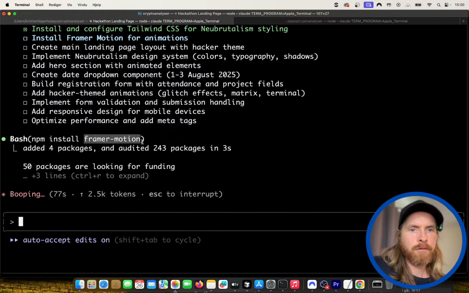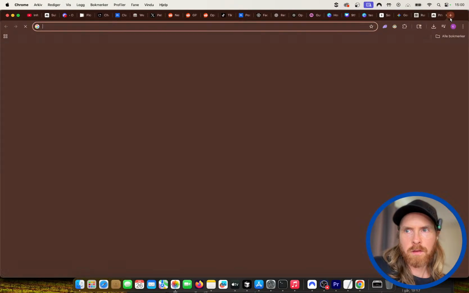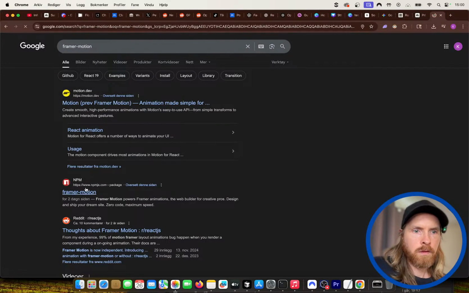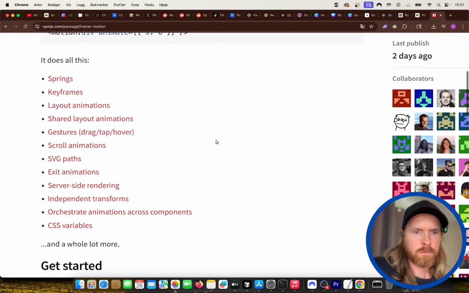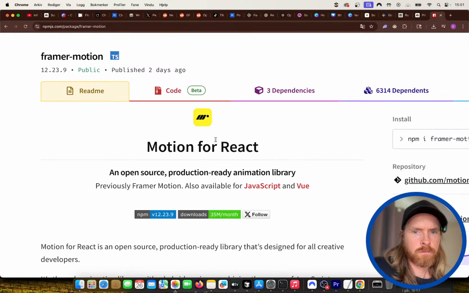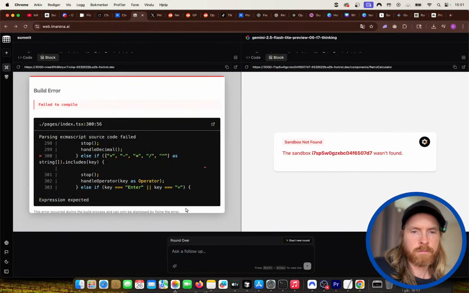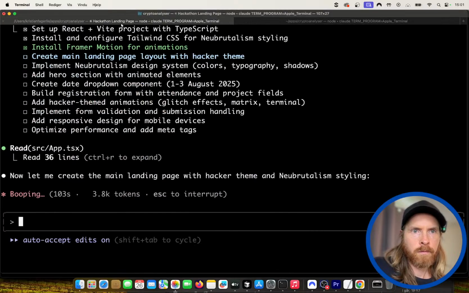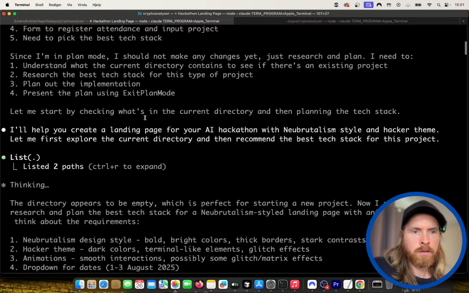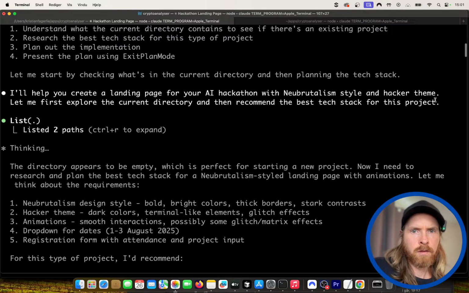Framer Motion, I'm not familiar with that. Open source animation library. Okay. Create a landing page.